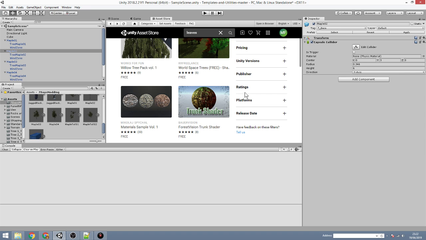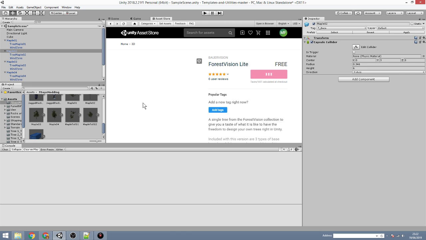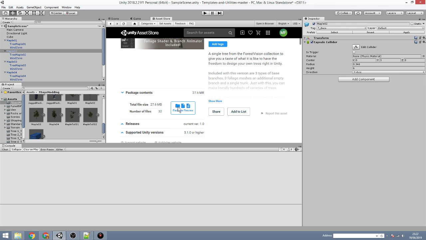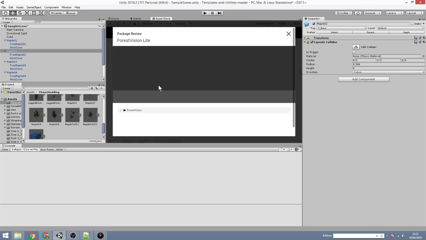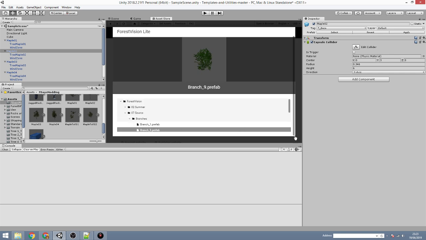Okay, I'm still under 3, right? Looks like I am, but there are no Forest Vision light. What do we have in this one? Forest Vision light. Add a new tag right now. No. So what does this come with? Number of files 32. Let's go and preview what these have. Forest Vision. Source. Branches. Branch 1 prefab. What's that? Branch 9 prefabs. Oh, okay, so this has its own branches and stuff,